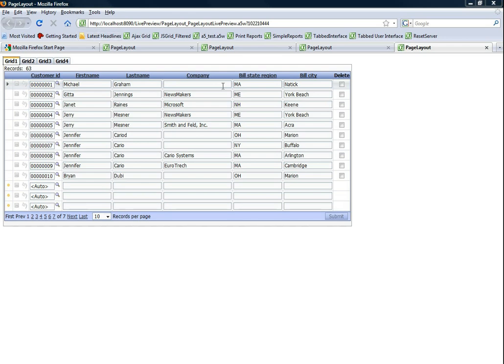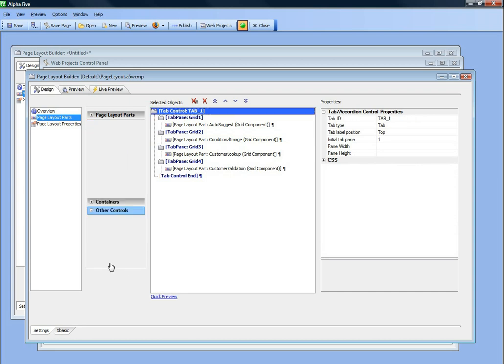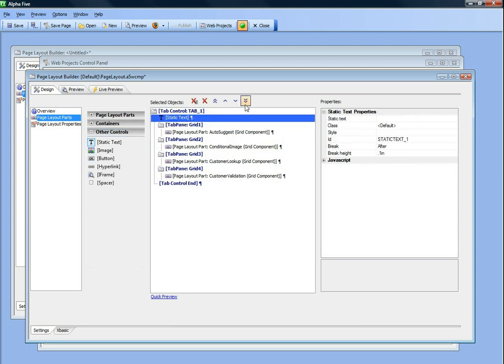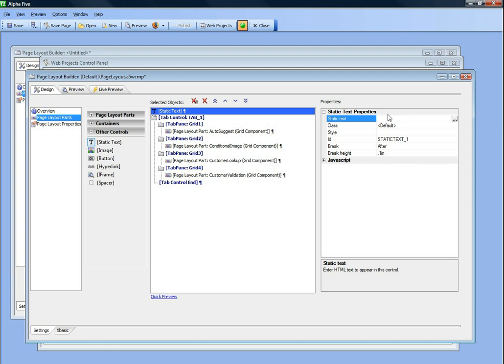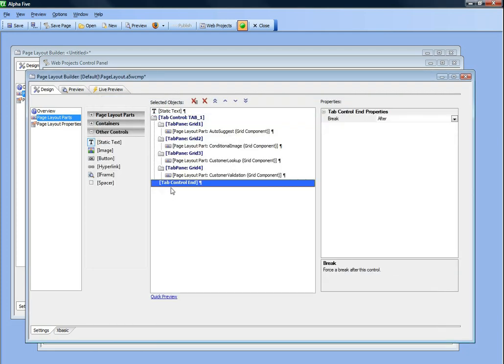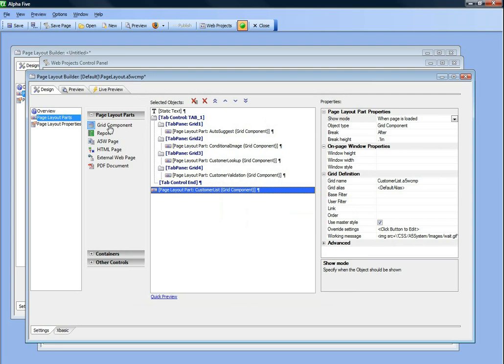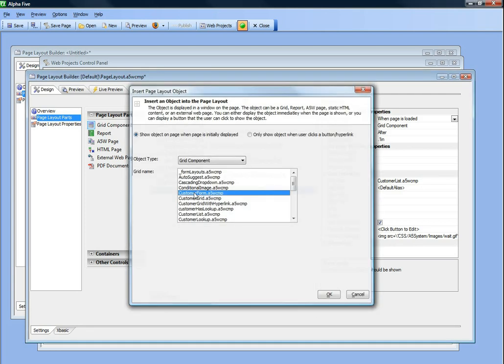Now there's no limit to the complexity of the page, so let's go back to the page layout. Let's put in some static text at the top, which we'll say here, complex page layout, and we'll make that into a heading 3, and then underneath this let's start adding some more controls. So we'll choose customer list, and then we'll say customer form,